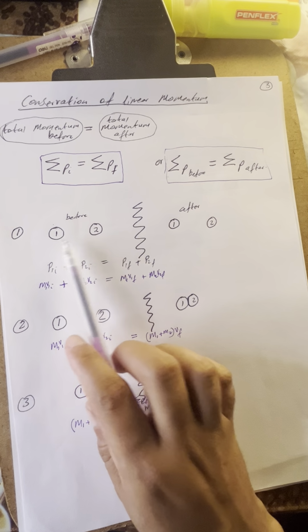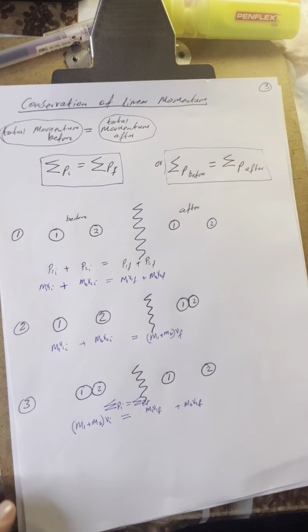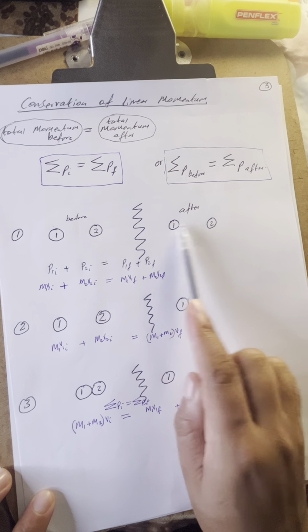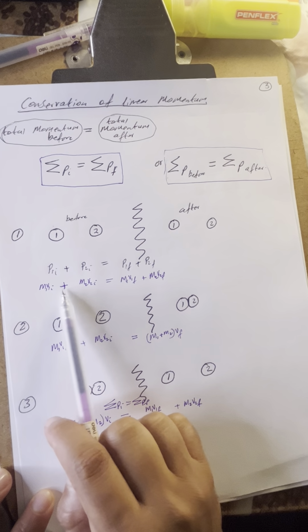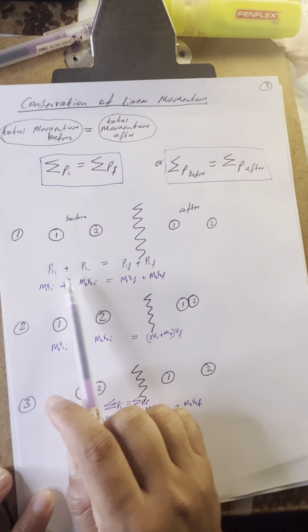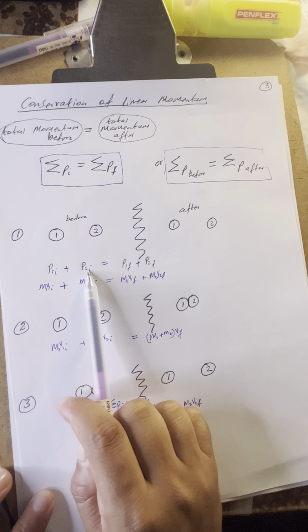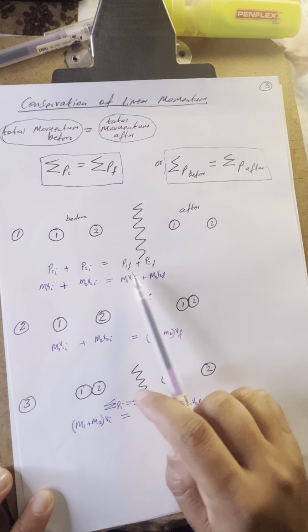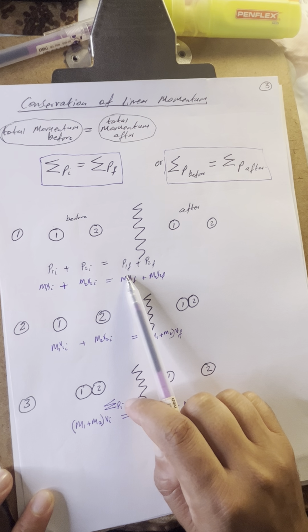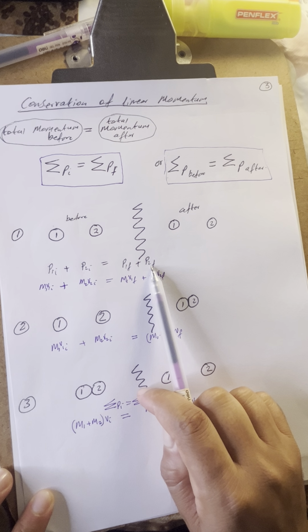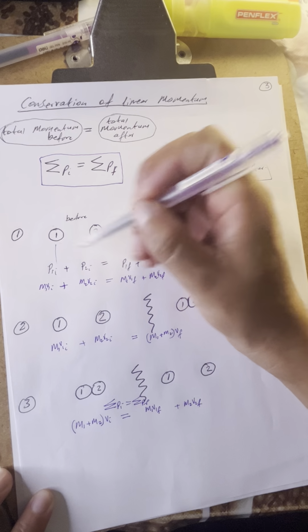When 2 objects are separate before collision, they collide, and they remain separate. We have the momentum like this: momentum of object 1 before plus momentum of object 2 before collision equals momentum of object number 1 after collision plus momentum of object number 2 after collision. So this links with this